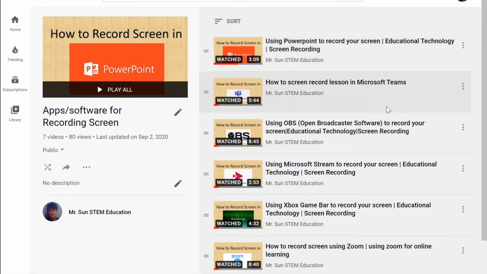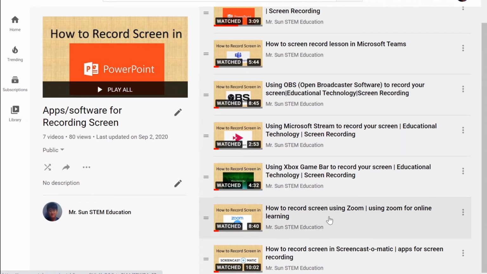The one I use the most often is Zoom, because it's very easy to use and it has a pause recording feature, so you can pause and resume whenever you need. However, Zoom cannot record really high quality online videos. For example, if you want to record some part of the YouTube video, it looks really choppy in